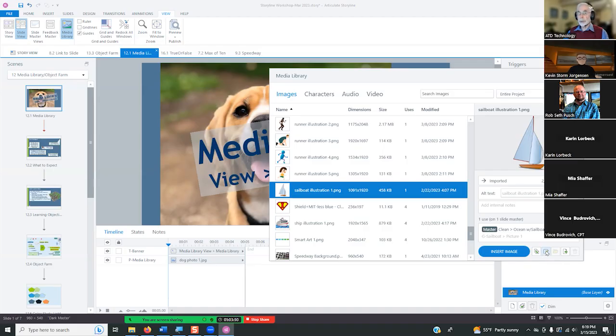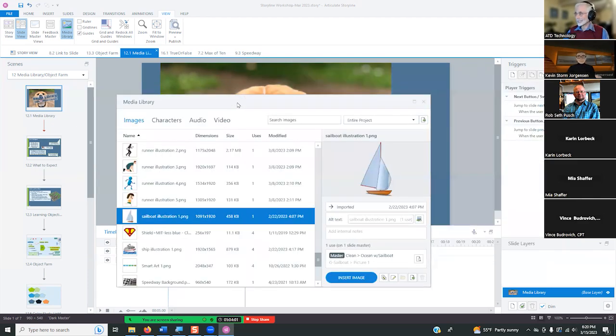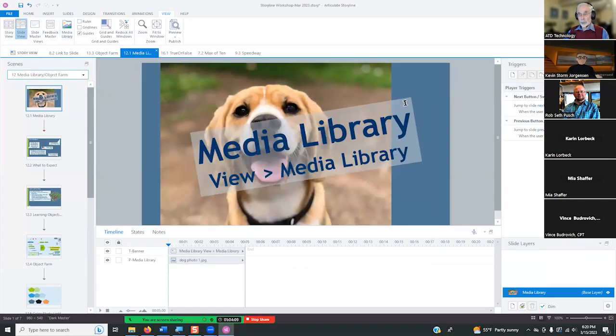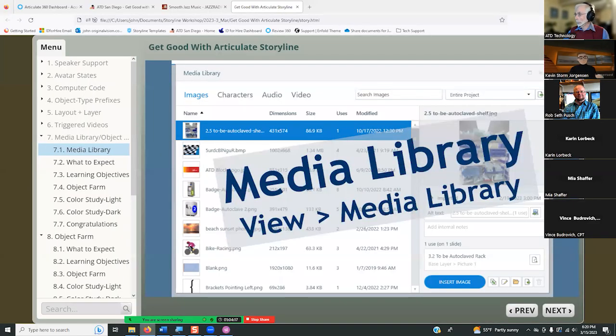So you are making use of the media library. Is that what you're saying, Rob? I just assumed everybody did. Maybe because I've done it in other applications as well, it's just like, well, I dump everything into the media library. It's just where I then go to find things. Once you know, it's one of those, well, duh, why wasn't I doing that all along? That's what I was hoping to get to today.